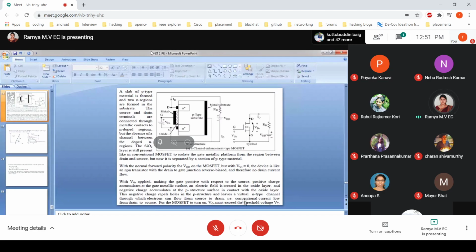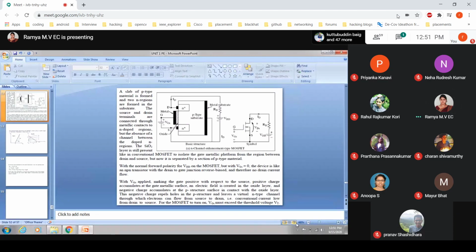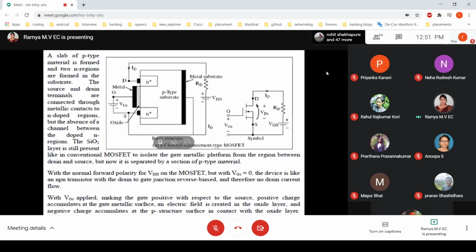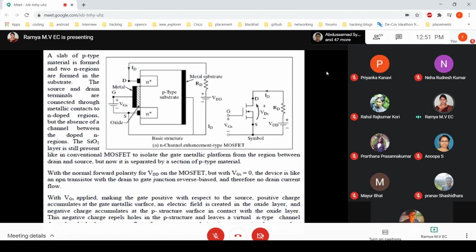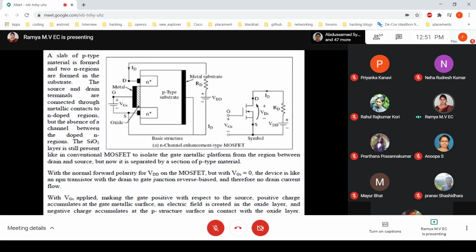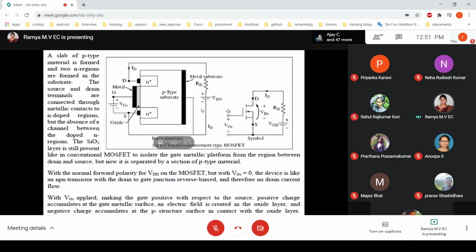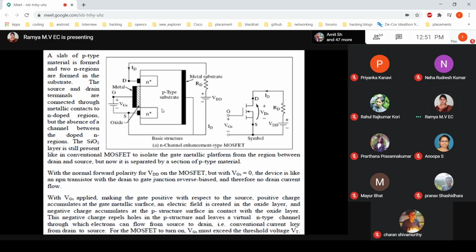This is the same as what we have with the normal MOSFET. We will apply some voltage. If I take a common source configuration, we apply voltage between gate and source, and also between drain and source, and we note down ID all the time. Suppose I give VGS equal to 0 volts, it acts like a transistor.